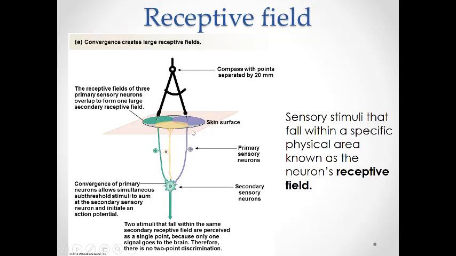The primary sensory neuron sends the information from each touch down to the secondary sensory neuron where everything converges, and then the two stimuli that fall within the same receptive field are going to feel like one touch. You're not going to be able to distinguish between those two points